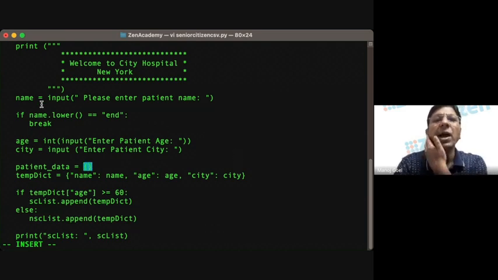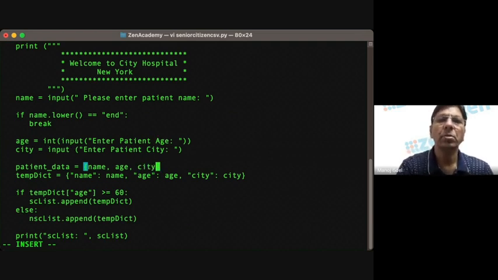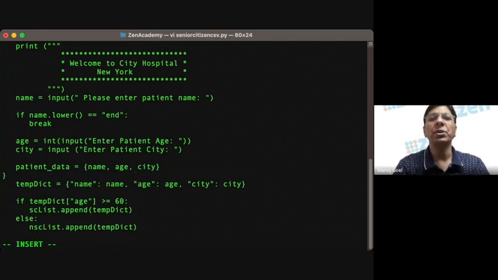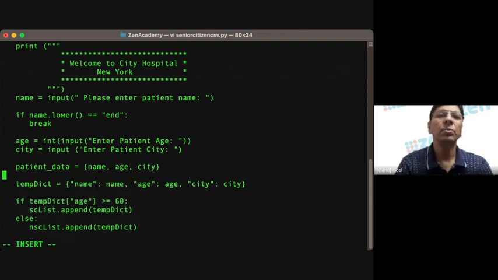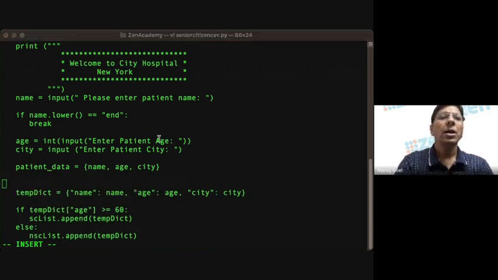You have the patient name, you have the age, and you have the city, right? The three parameters you had. So this is my patient data. Sorry, I put an extra brace here. And these three values, I will write them